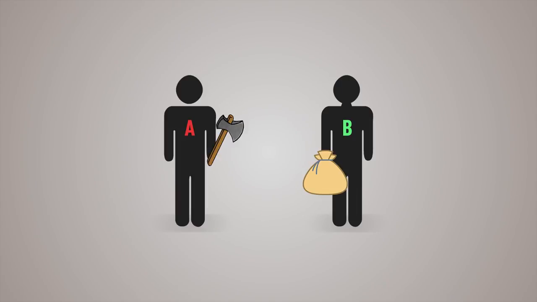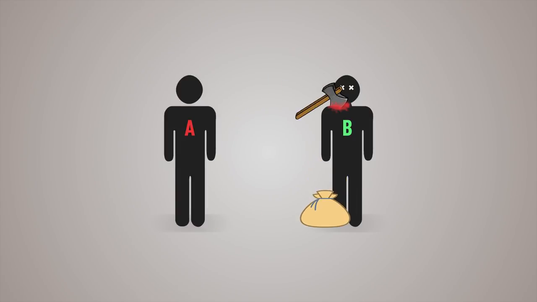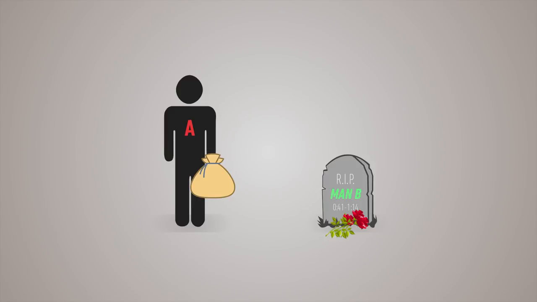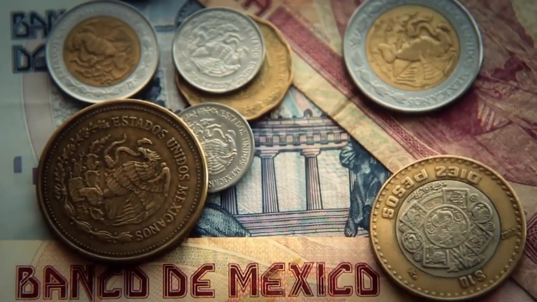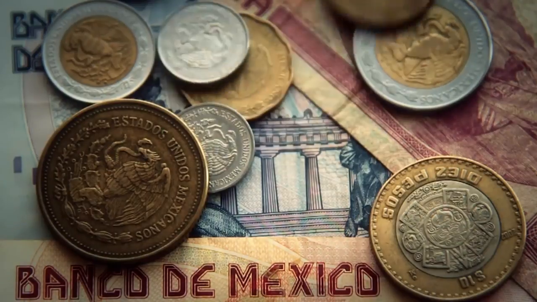And while man A may accidentally put that axe into the neck of man B and simply take the corn, it would technically not be barter anymore, as man B ceased to exist. So a non-violent solution to this problem would be an item that everyone wants. And this is the basic function of money.